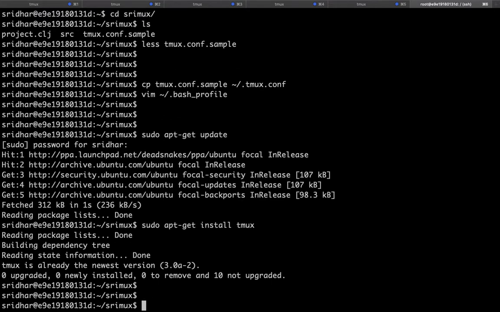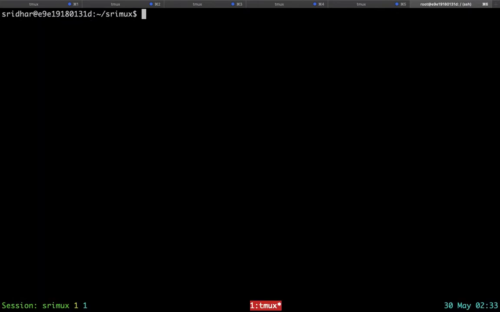Now let's start the mother session here. So great, it started the tmux session, and you can see that because of the tmux conf that we just copied over, things like you have the active window highlighted in red and so on, with the date that is displayed here and the session name that's displayed here. So all of the configuration stuff is out of the way.